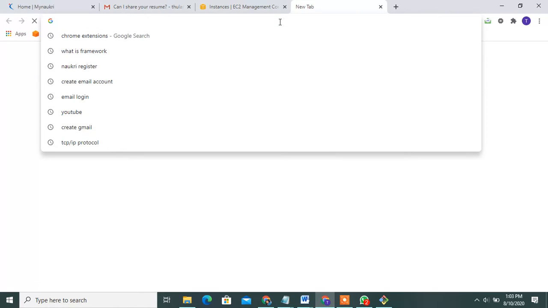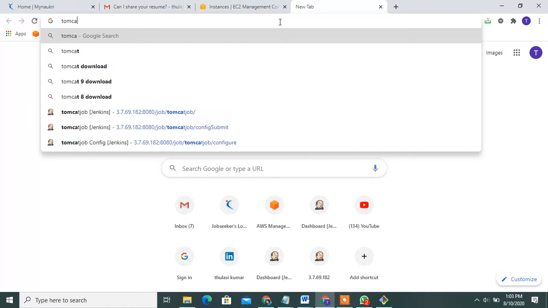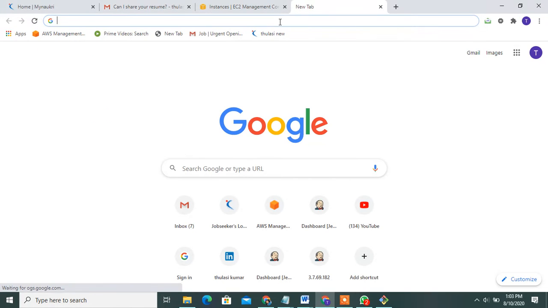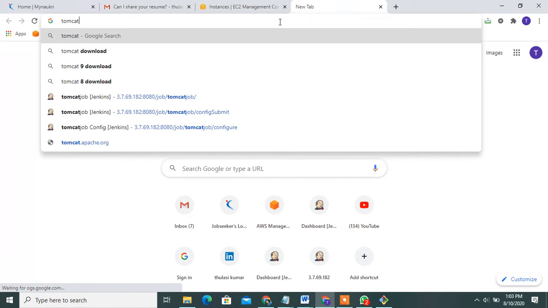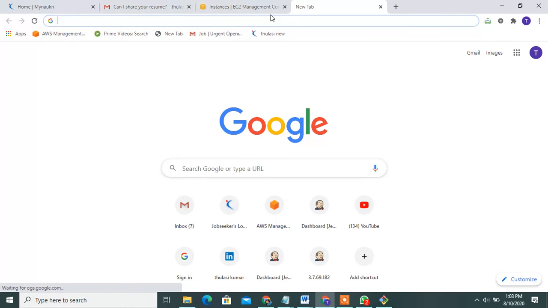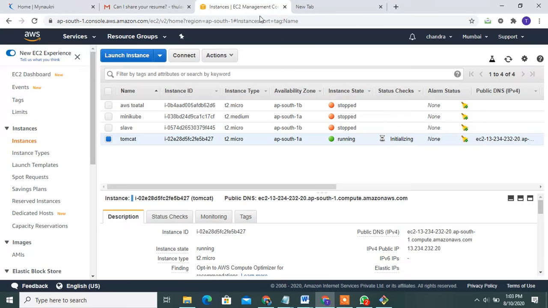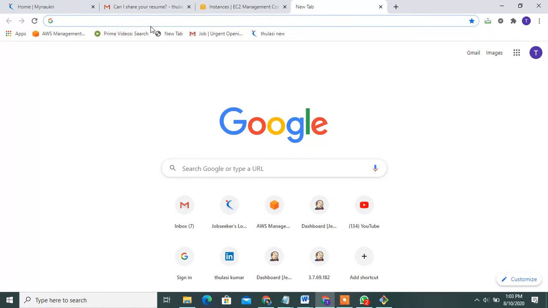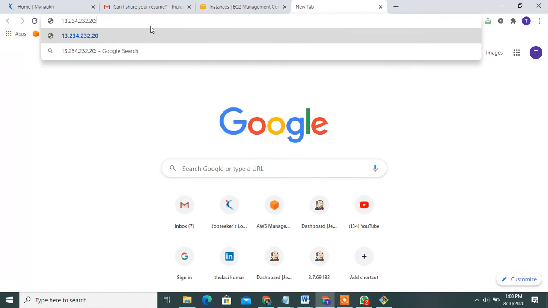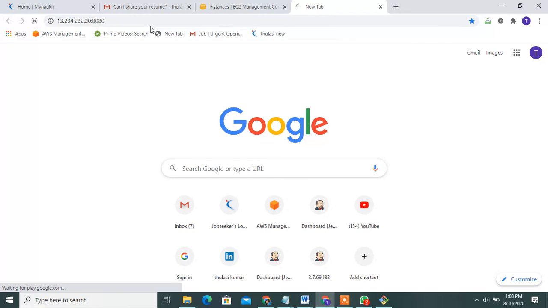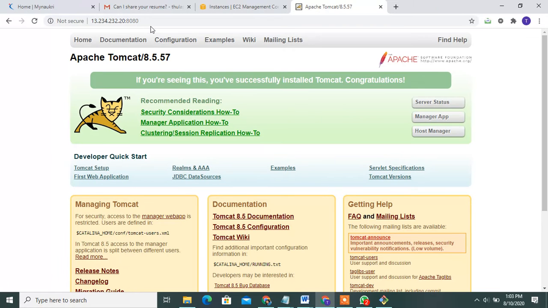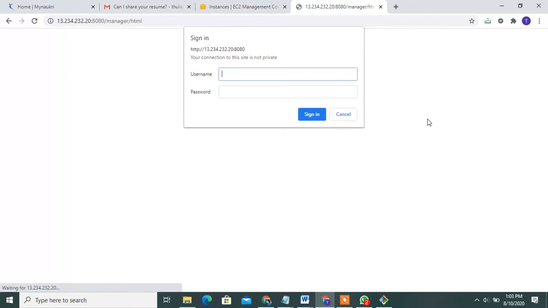open a new tab and check. Copy the public IP address. Then open a new tab, and the default port is 8080, and my server is opening.